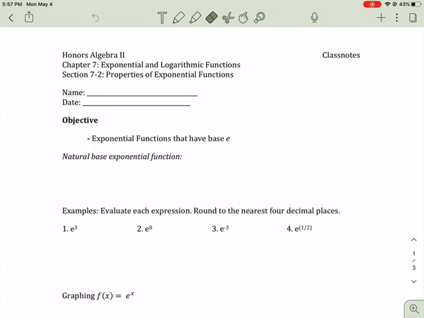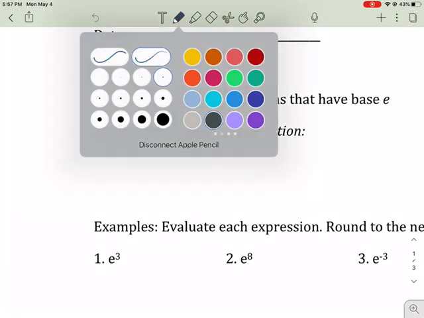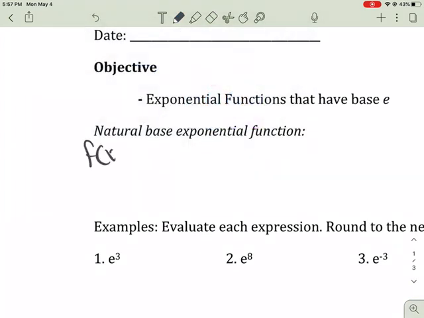Hi everyone. Today we're going to look at exponential functions that have what is called base e. So this is called a natural base exponential function. It has an equation that is f of x is equal to e to the x. So it's not really different than our exponential functions that we've been studying, but it has a base which is